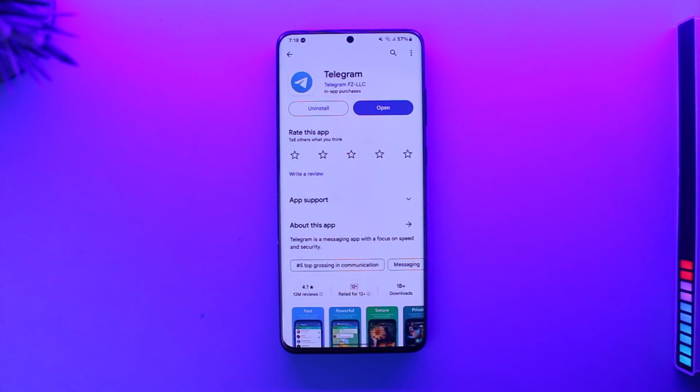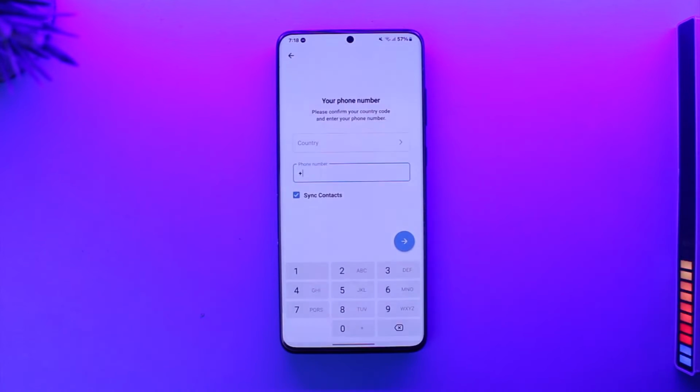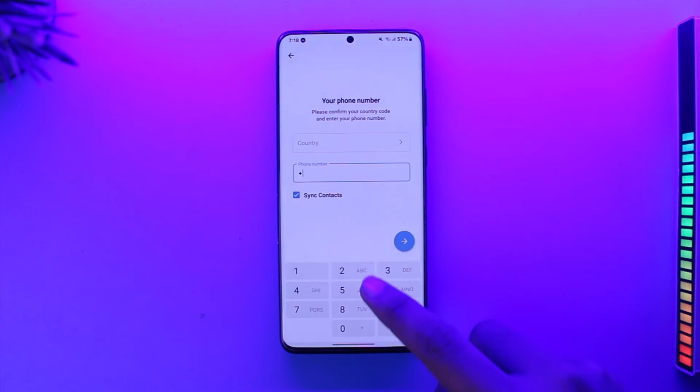Now if you want to create a new Telegram account using the same number, it is indeed possible, but the way you can do this is that you have to delete your current account with that same number first. You can't use the same number for both accounts at the same time. Your previous phone number needs to have been deleted, which means that you need to actually go ahead and delete the previous phone number of the account,